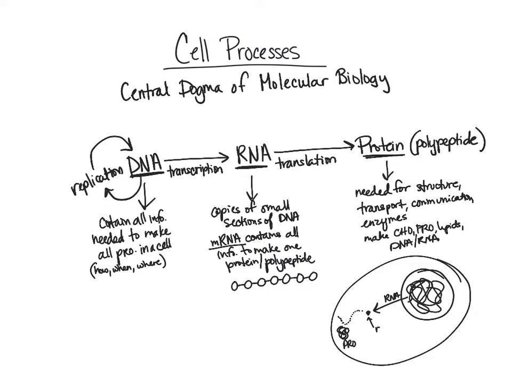So this is our ribosome here. And then, of course, this is our DNA. And so this is our flow of information. Our flow of information goes from DNA, we make a copy, that's RNA, and then we go to a ribosome, and then we make our polypeptide chain that folds up and then is a protein.